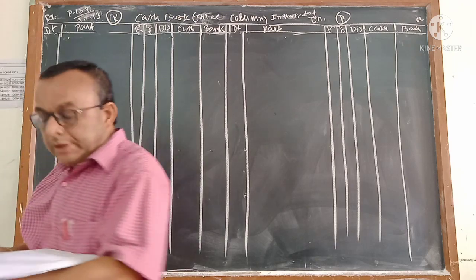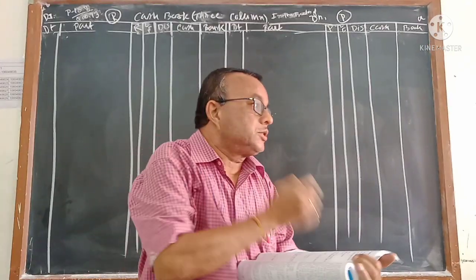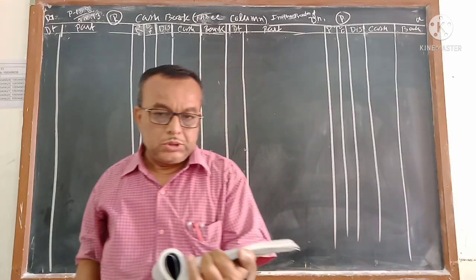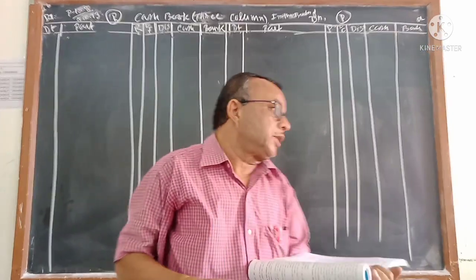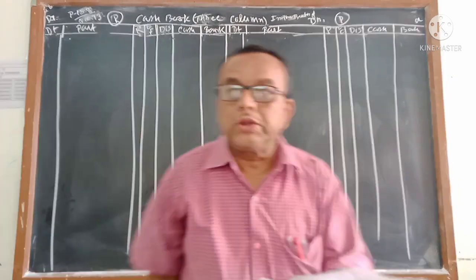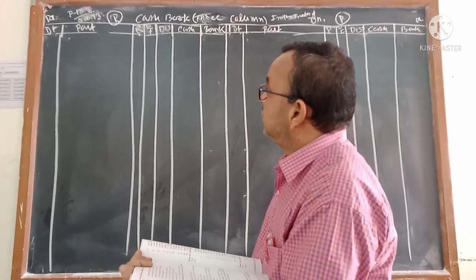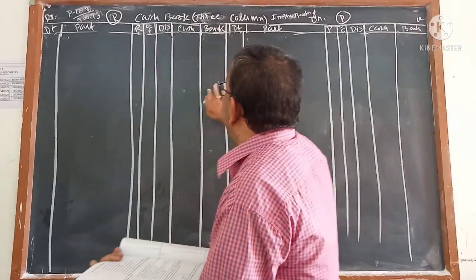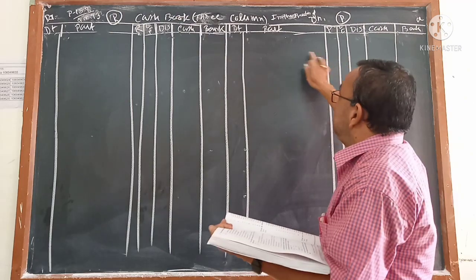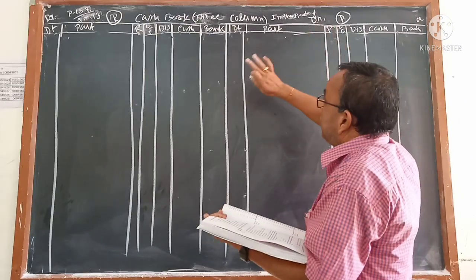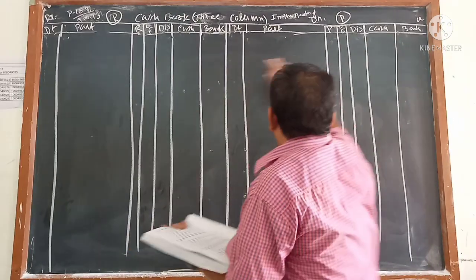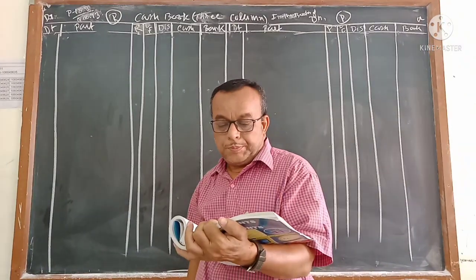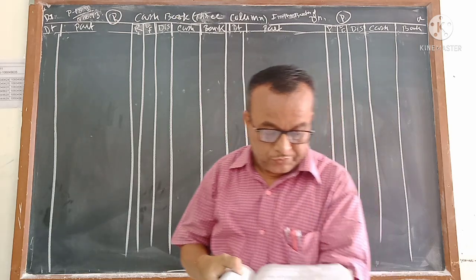After reading the question, you have to decide whether it is a single column cash book, a 2-column cash book or a 3-column cash book. I have already seen that, so I have drawn the 3-column cash book format. All of you know the date, particulars, receipt, LF, discount, cash, bank. Similarly, on this side, in place of receipt, only payment will come. This is your receipt side, and this is your payment side, or we can write voucher also.